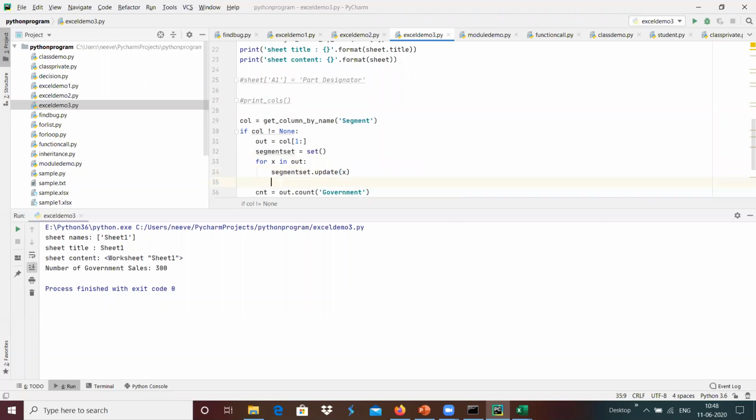And once it is done, maybe we can check by printing the segment set.